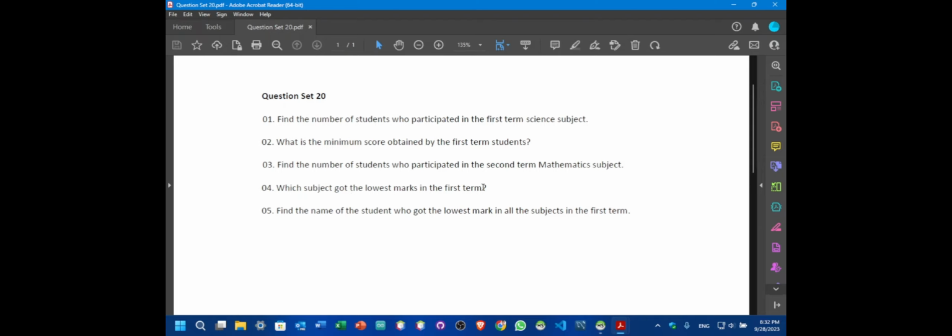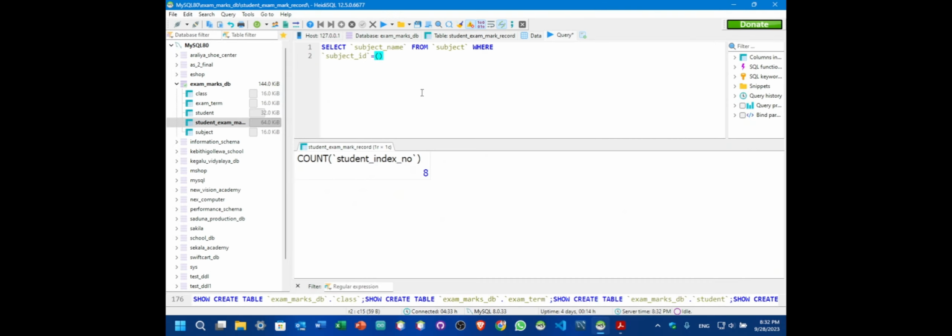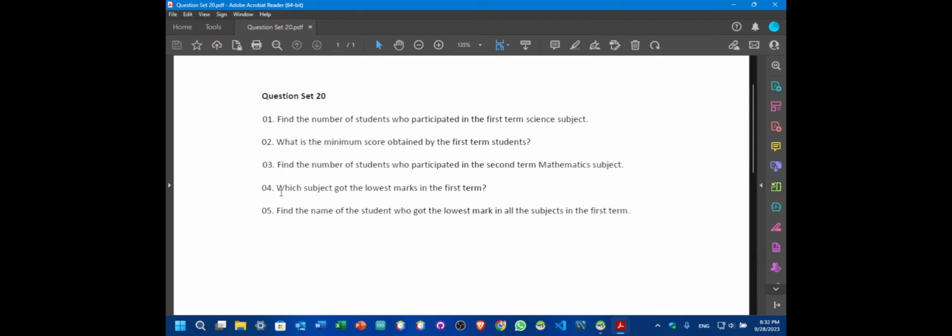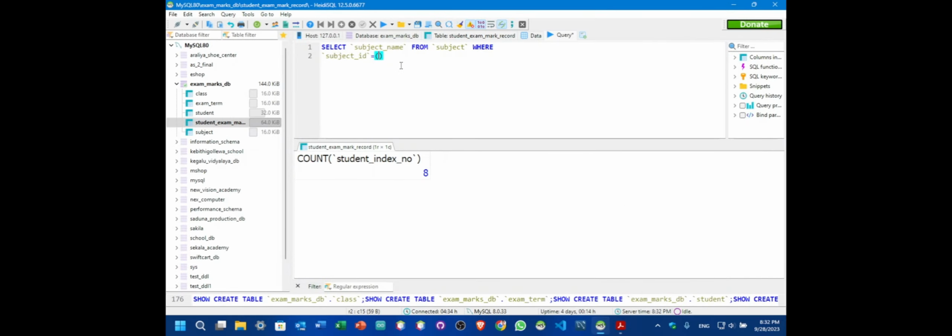So we have to find the exact subject that is equal to this condition. To do that, we have to execute another search query within this main search query. That kind of search query we call a sub query. So we can execute a sub query to find the